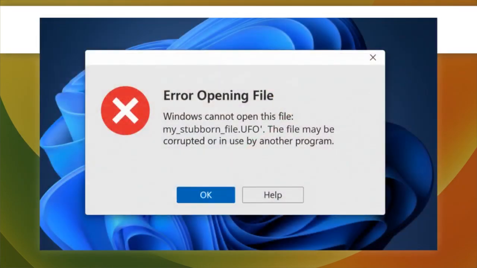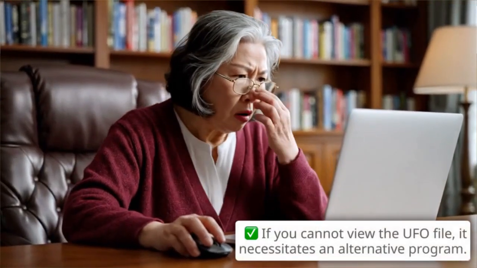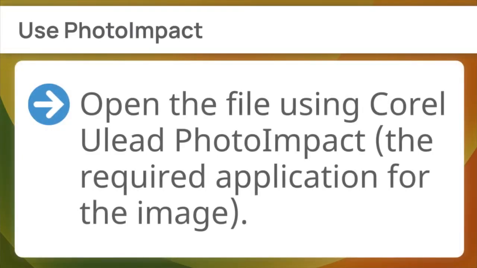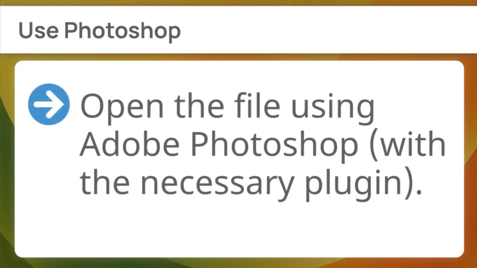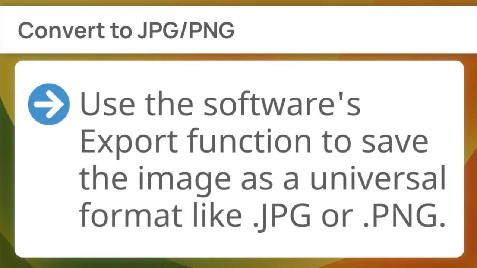If you cannot access the UFO file, no problem. We've established the file is difficult. Take immediate action by running these 3 essential quick troubleshooting procedures. First, use PhotoImpact. Open the file using Corel Ulead PhotoImpact, the required application for the image. Next, use Photoshop. Open the file using Adobe Photoshop with the necessary plugin. Finally, convert to JPG-PNG. Use the software's export function to save the image as a universal format like .jpg or